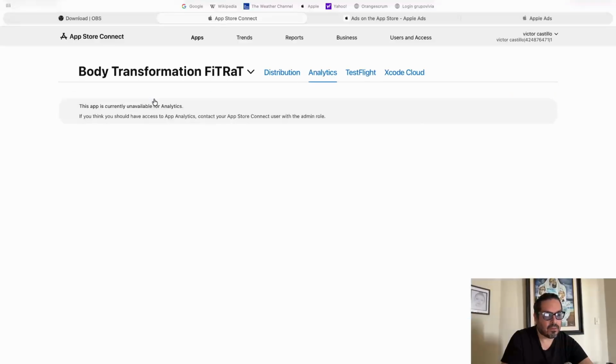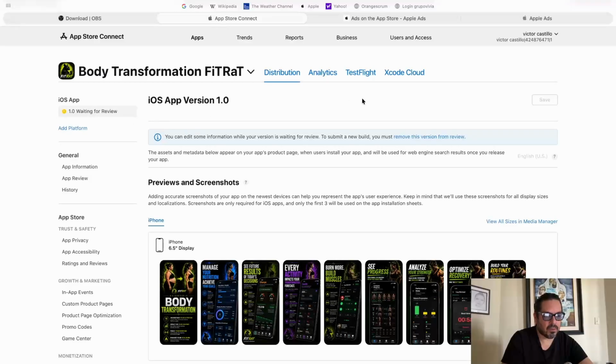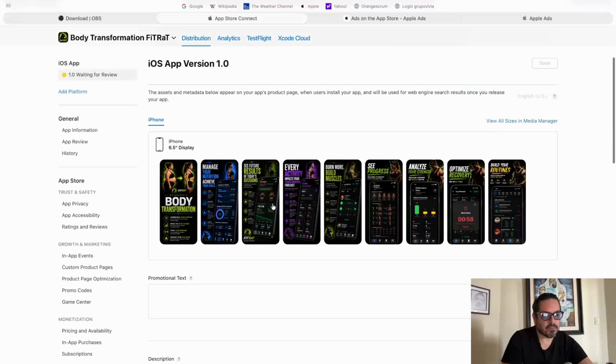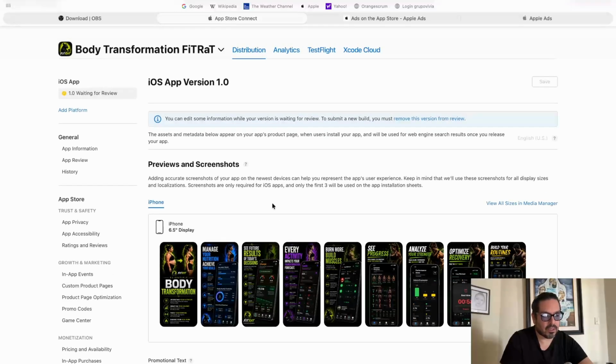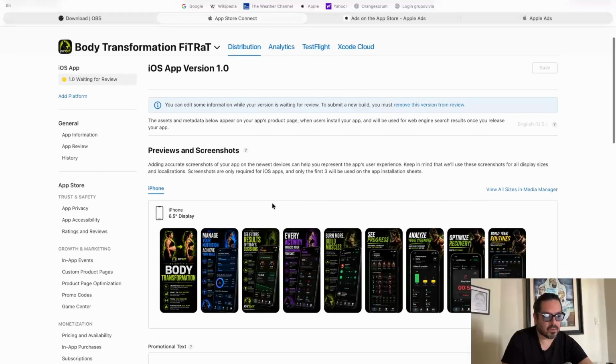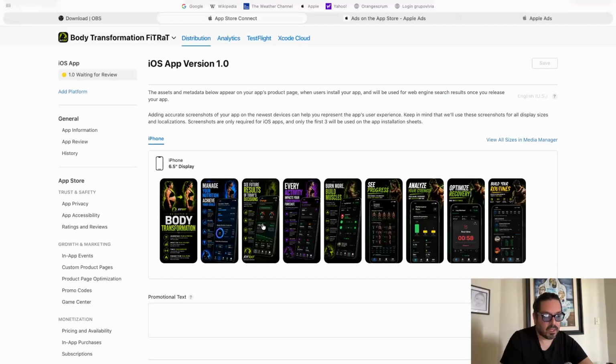Then I made this other app, which is like a proper app, but it's under review, so we'll see what happens with this one. I already got hit with a 4.3 spam review because my MVP was very MVP-ish. So I had to expand to the full functionality of the app. It took me like 2 weeks to do, and that's with all the tools like Codex and everything, because if not, it would have been impossible. But I changed it from a fitness tracker to a body transformation app. So we'll see what happens with that one.